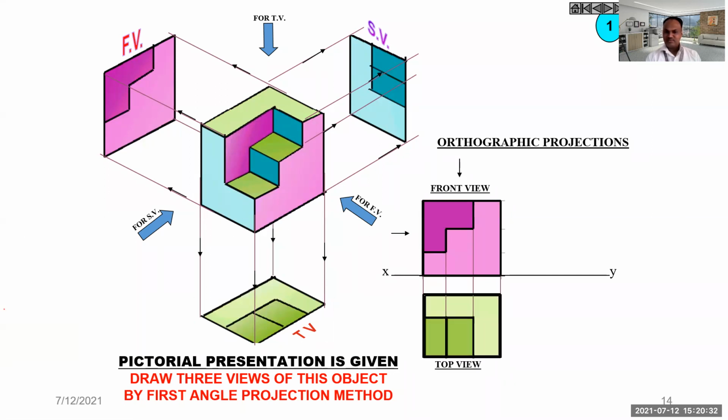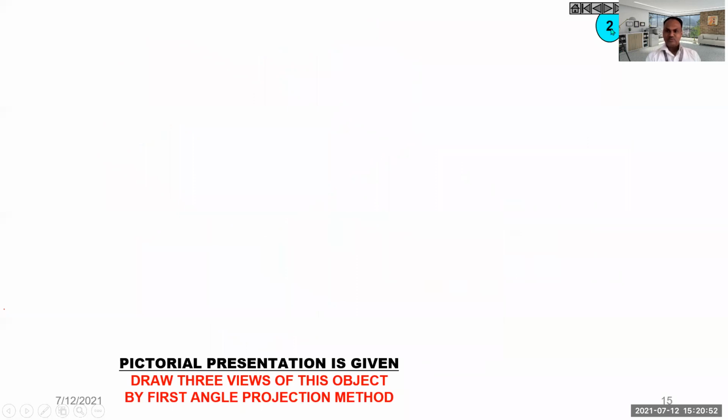and for your side view, I'm going to project all the points from the front view as well as from the top view, and I'll get this side view in the case of this particular first example. Okay. Now we'll see the next example, example number 2.